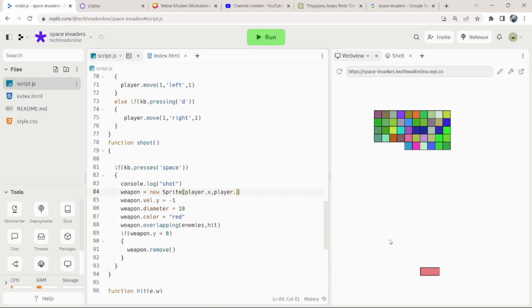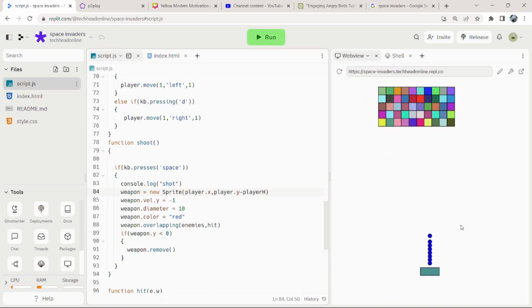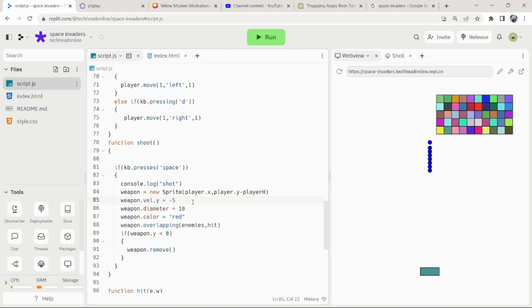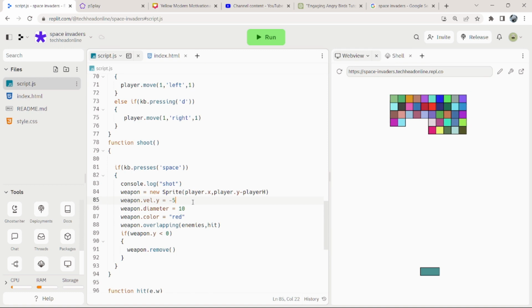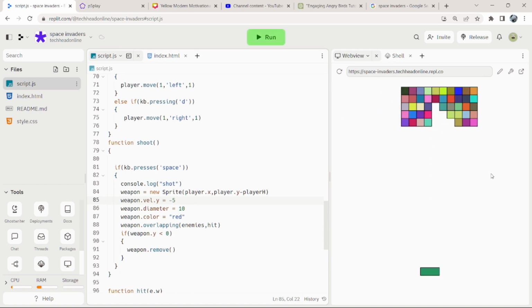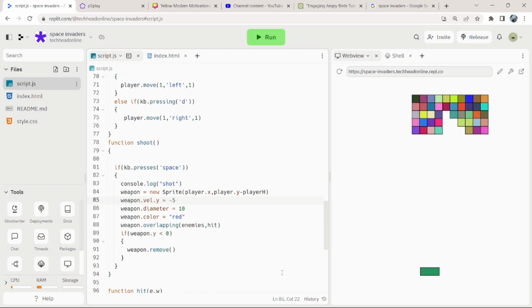So player.y take away player h, I think is what I had. And now obviously I can make that faster if I wanted to. But then it's killed those blocks. There we go, it's a bit faster. So they keep coming down, and then I suppose all we have to do is say if any